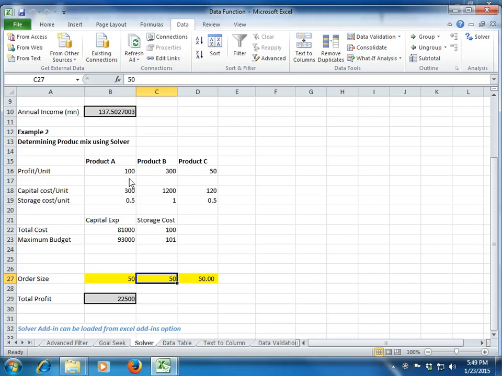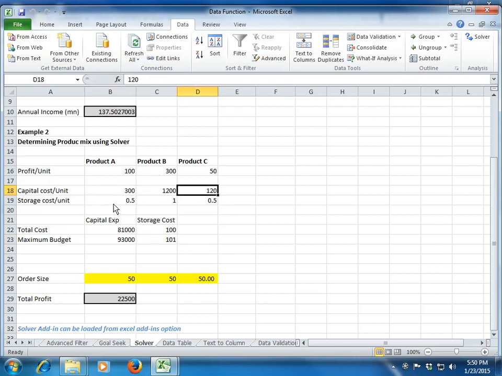Now ideally I can sell as many units as I want to maximize my profit, but the constraint here is that my total capital expenditure is 93,000, and my total storage cost is 101. That is the maximum budget I have. Here I have been given the capital cost per unit for each product. So as I increase my product sold, my capital cost will also increase.